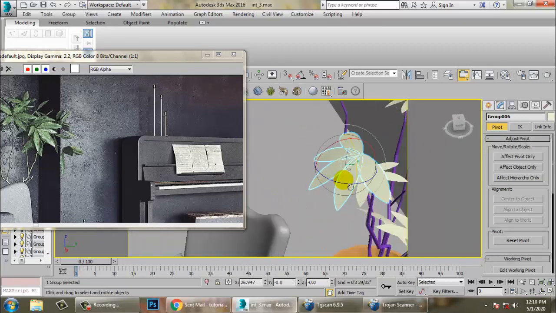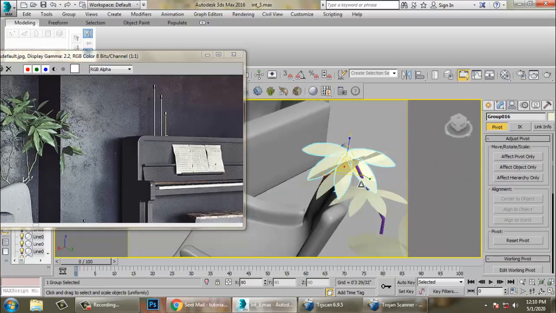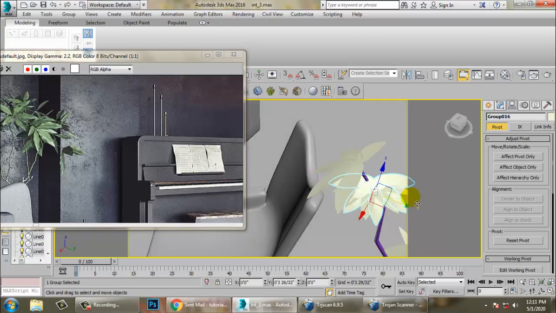Make one more copy of it. Resize this and push it a bit back over here.